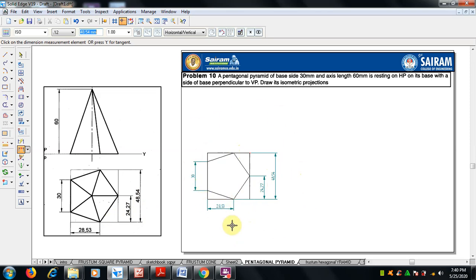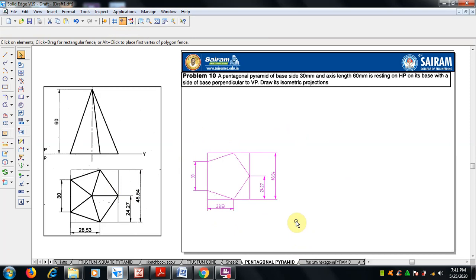So like this, we need the corner distance and where we have to keep it. This distance we need. The base of the pentagon we are drawing like this. Once it is done, then we have to draw the isometric projection. The same thing is needed in the sketchbook also. We have to draw the pentagon and measure the distance, keeping this distance only, in the sketchbook. I'll tell that later. Now we will draw using SolidEdge software. It is already done, so I am going to delete this. I hope you understand how to draw the pentagon and take the readings.